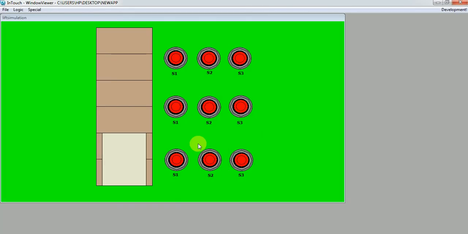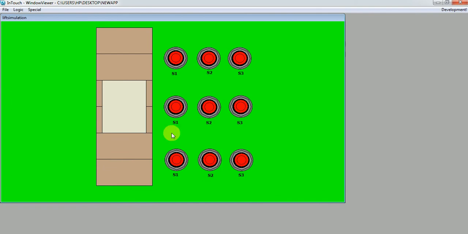Suppose I am at the first floor and I have to go to the second floor, so I will just press this. You can see that it moved, and again from here I have to move to the third floor. If I press S3, it will move me to the third floor, and if I click on S2, it will take the lift downside.